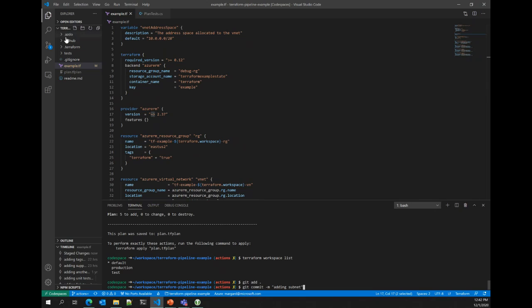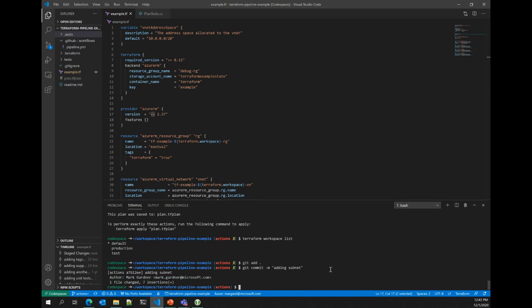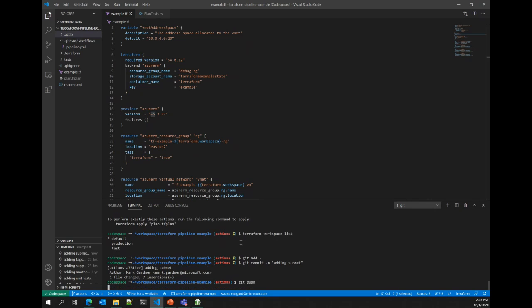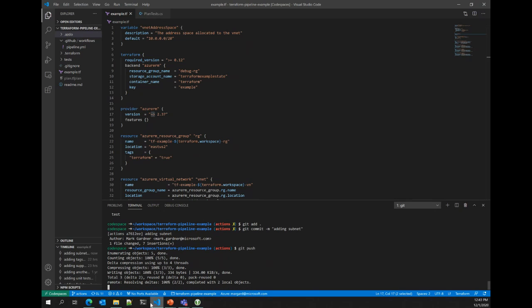So I mentioned that I have GitHub Actions and I have Azure DevOps pipelines. Those are in these directories. What we're going to be playing with today is the GitHub Actions pipeline. So once I do this commit, we're going to watch this thing push those changes out into my environment.